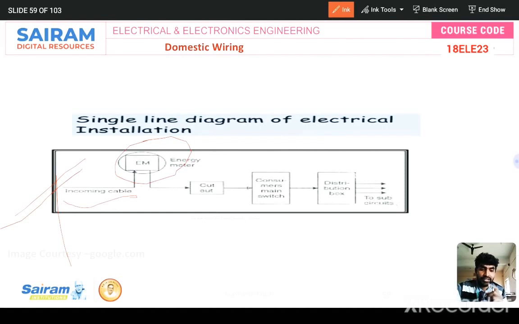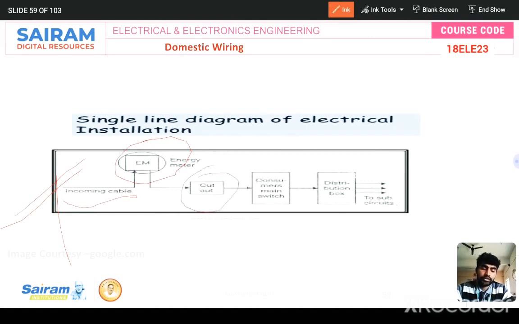What about energy? Energy is power into time, right? Power in watts and the time taken. So power consumption into time taken. So whatever bill they are giving, whether BESCOM or HESCOM, any electrical power supply company, is based on the time and on the power consumption. 31 days into 24 hours into 60 minutes into power consumption. Likewise, they will calculate the number of units.